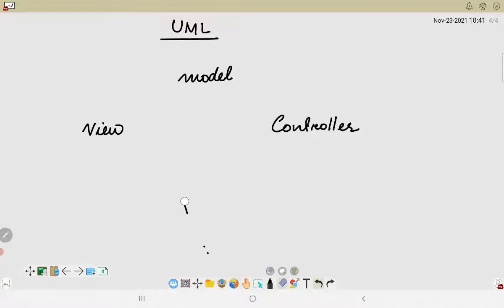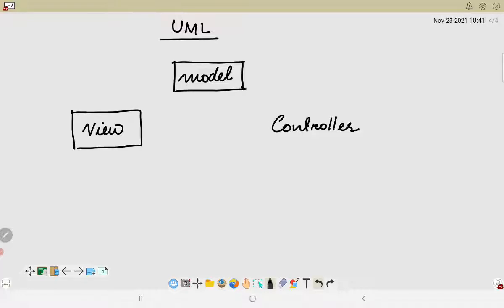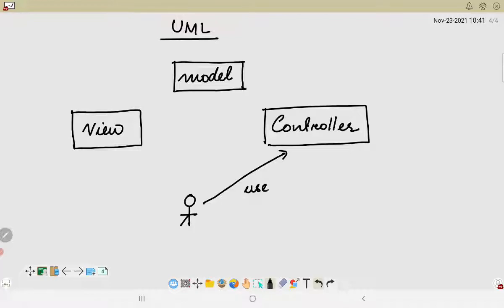Okay, so model, view and controller. When we have these three components, let us say these three are there, and there is a user. Let us represent this user with a stick man. The user will be using the controller, and the controller would then be forwarding the request to the model.